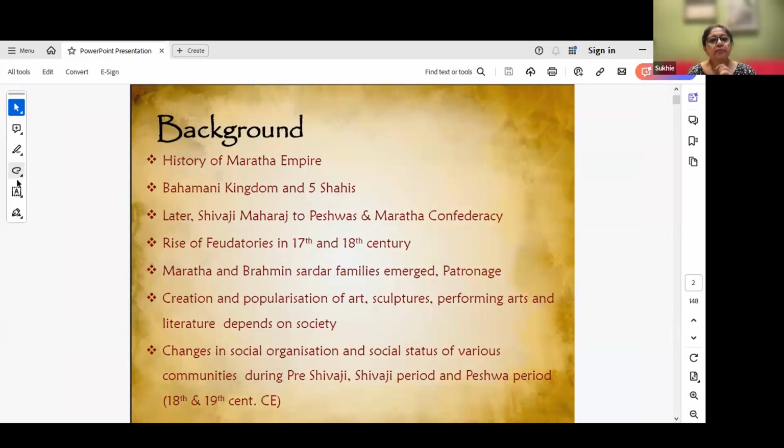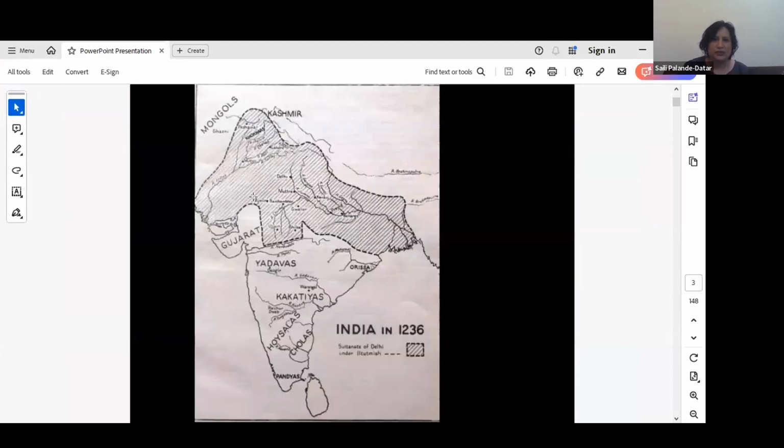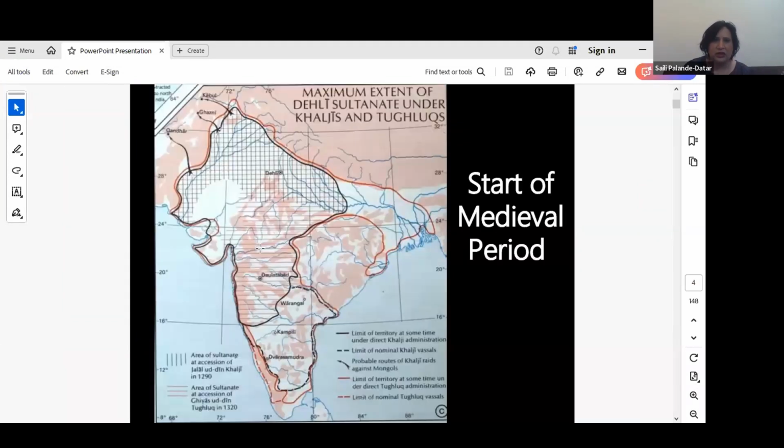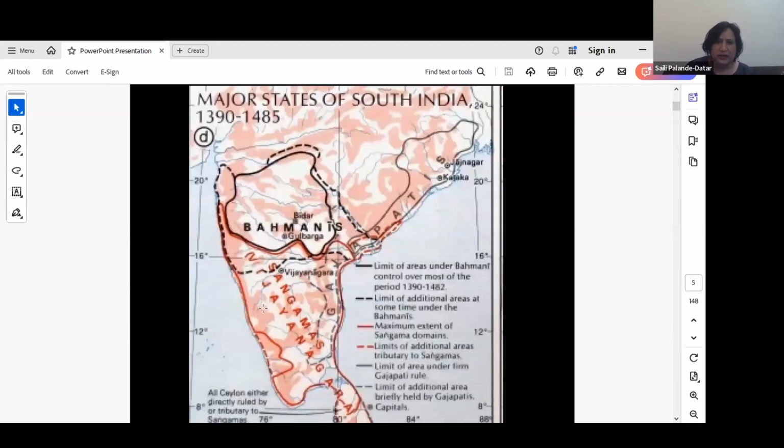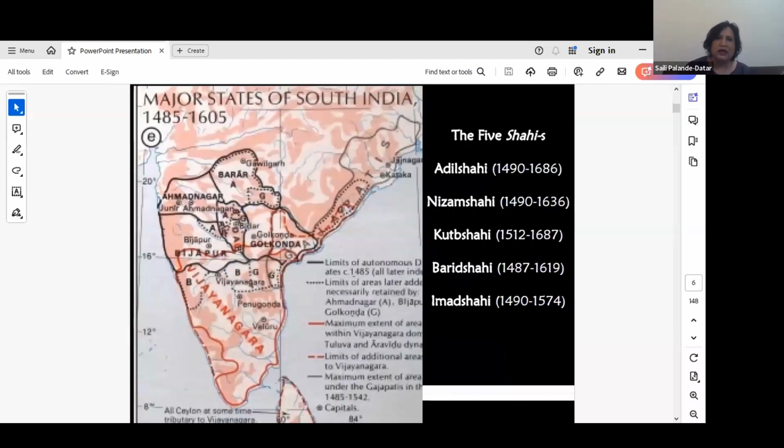So we were looking at the background of Deccan history, and I was showing certain maps. So here is a map from the 13th century where the Yadavas are ruling a major part of Maharashtra, and I was talking about how Alauddin Khilji came down to the Deccan, peninsular India, and conquered a major part of Maharashtra. And then we see the rise of the Bahmani dynasty, which was responsible for bringing down the Vijayanagara kingdom at Hampi. And then again we see factions of the Bahmanis dispersing and forming their own small regional kingdoms,